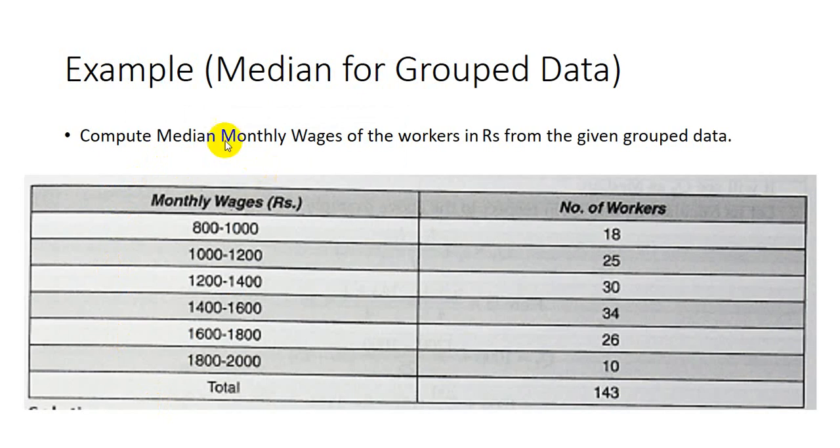For example, the data is given: median of monthly wages of workers in rupees from the given group data. We need to find the median. For example, the monthly wages 800 to 1000 rupees, the workers are 18. तो टोटल 143 वर्कर्स में से 18 वर्कर ऐसे हैं जिनकी मंथली वेजेस 800 से 1000 के दरमियान है। 25 वर्कर्स ऐसे हैं जिनकी वेजेस 1000 से 1200 और सो ऑन, ठीक है।